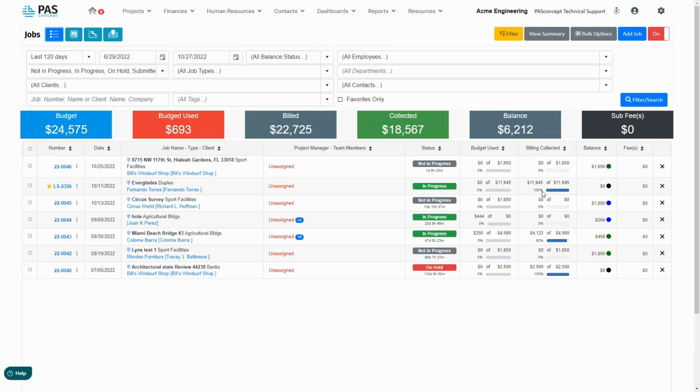We still have the percentages, but now we have the corresponding dollar value seen here as well. These columns are as follows: budget used, budget billing collected, the current balance for the project, and any additional fees that may be associated to the project, like subconsultant fees.